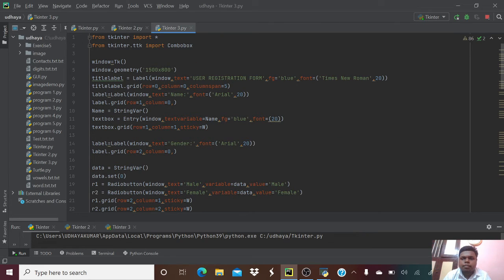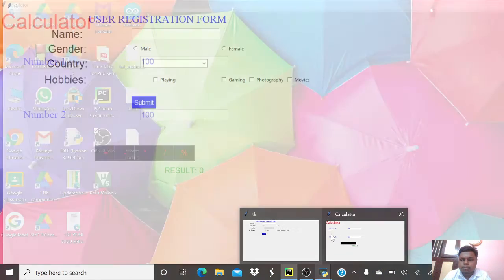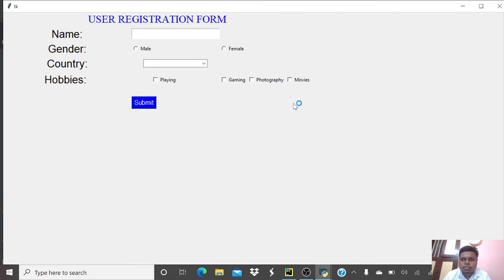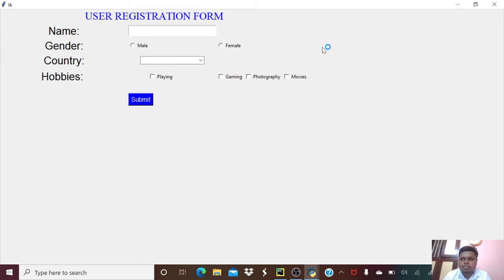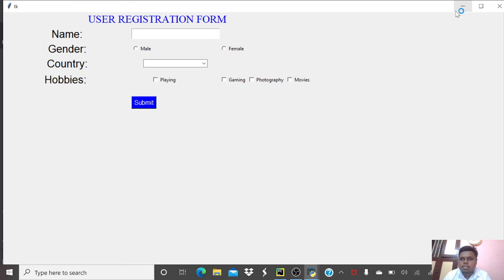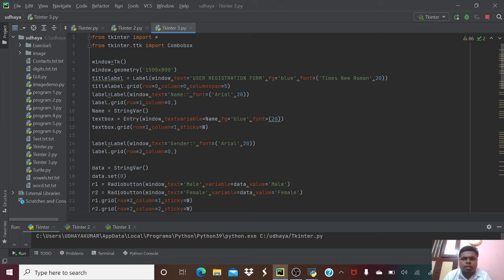user registration form. For that, we are importing Tkinter and also a combo box, and we are using a geometry as 1500 and 800, and a title, and give a title label.